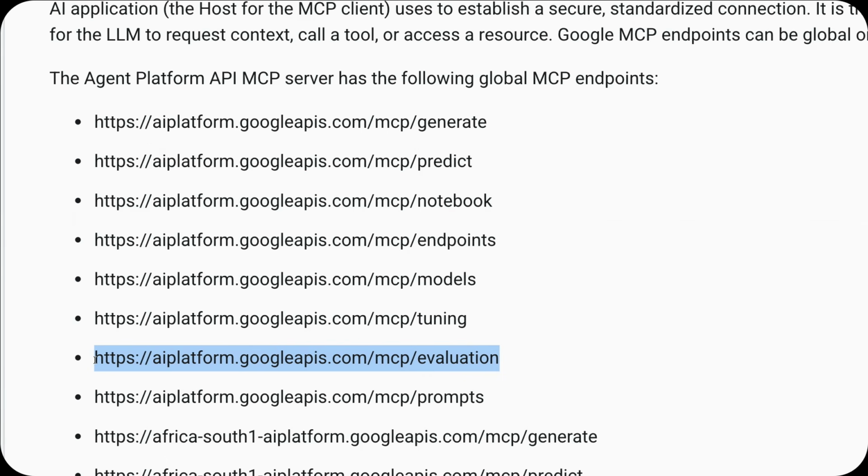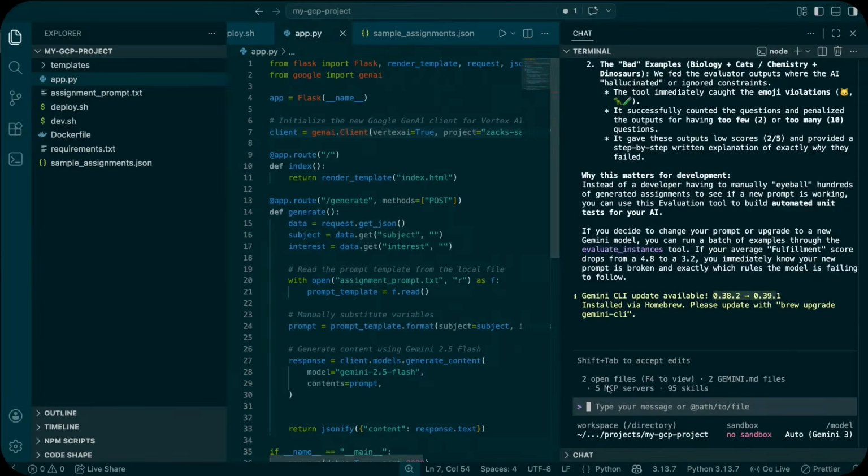What it enables me to do, I'm going to build up to it, but first, let's say I'm in my application, I've got my prompt in there, and I'm going to ask it first, let's do something simple. Let's generate an example output